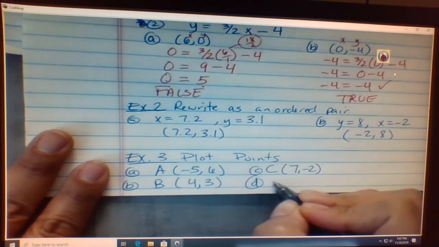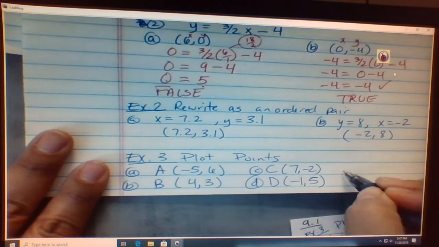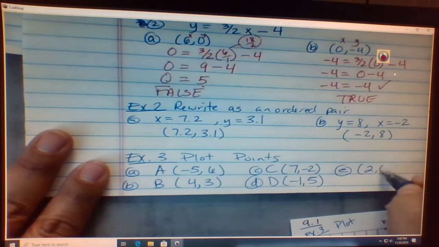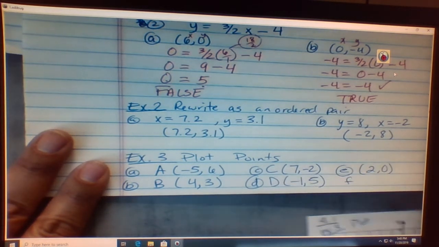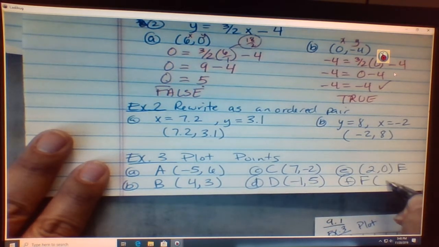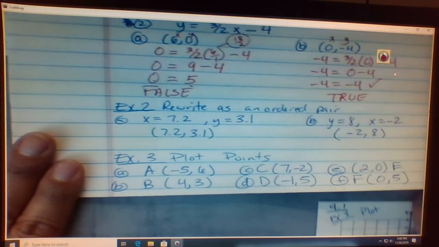Point D, which is at -1, 5. Point E, which is at 2, 0. And that was point E, which I forgot to write. Point F, which is at 0, 5. So we're going to plot 6 points